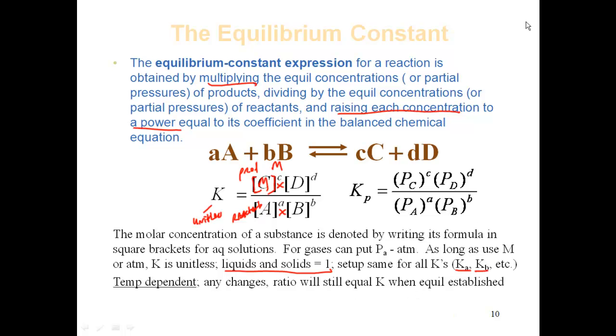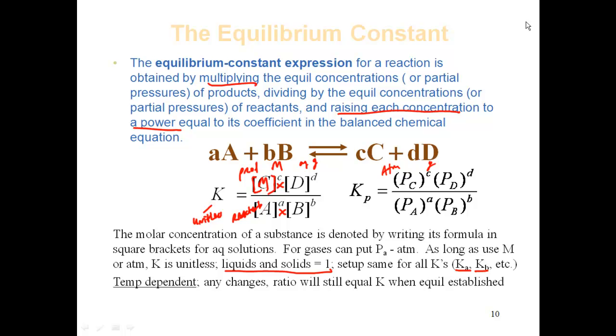So it was set up the exact same way, except instead of doing it in molarities, we're doing it in atmospheres. So we're talking about partial pressure of C to the C, partial pressure of D to the D, partial pressure of A to the A, partial pressure of B to the B. Okay? As long as I plug in atmospheres here, it'd be unitless for my Kp as well. So I can do concentration based by doing aqueous solutions, or I can do gases, or I can do gases as